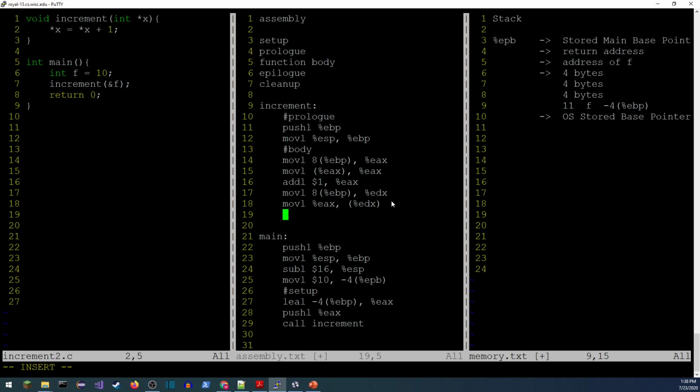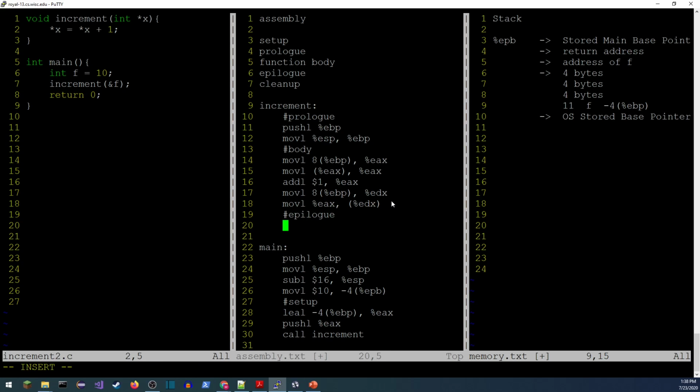So in this case, this is going to be the, let's call it epilogue in a function. In this case, there's not that much to do. We didn't use any of the local variables, so there's no stack to rewind. So instead, all we really need to do is pop the base pointer. Oh, I spelled that wrong over here.